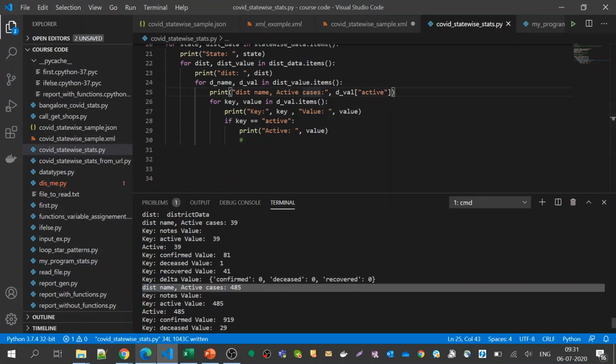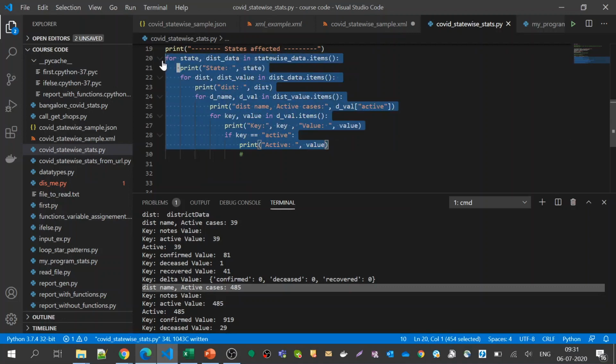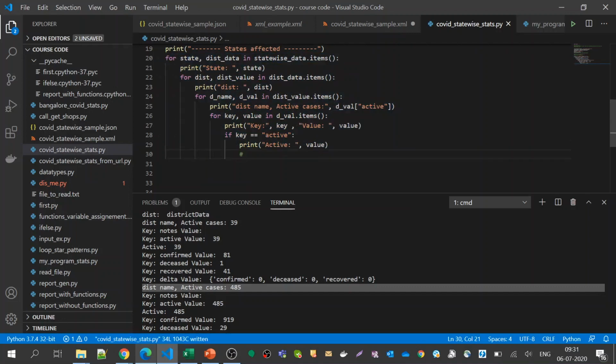So where does this belong to? You can see, okay, this is district data, and you can try to figure out how it is done. Either you can do it like this, or you can directly access keys like this. But the idea is simple: you have nested data, and you're trying to parse through it. This is the usage of for loops, nested for loops, and it will be nice and challenging to do this.